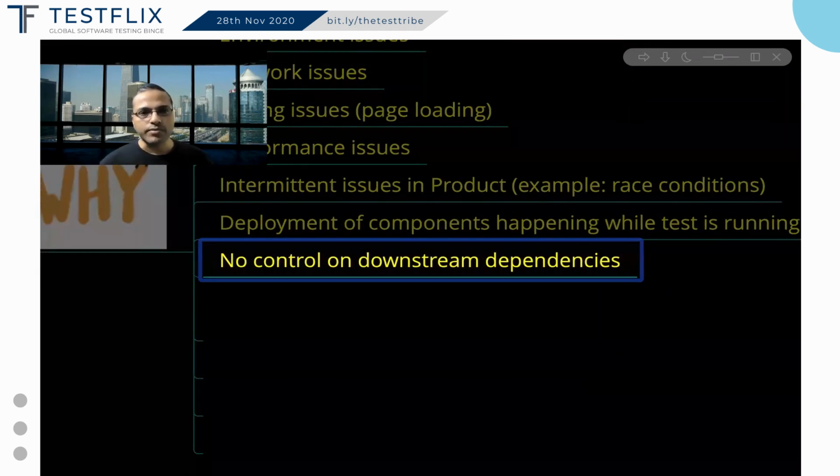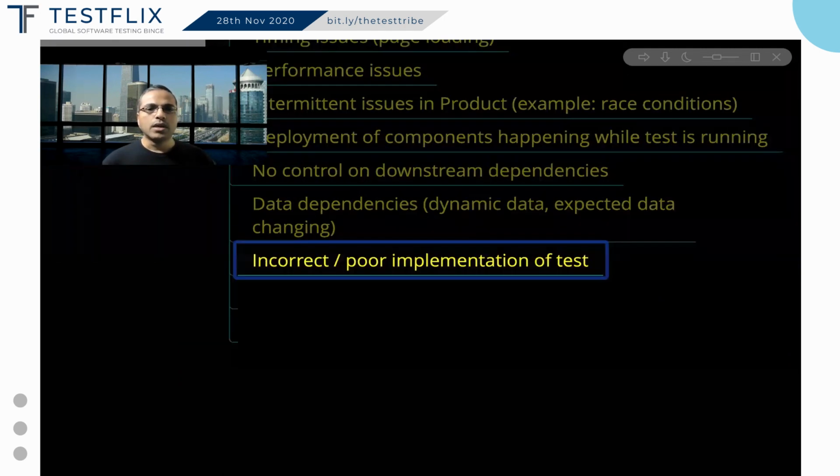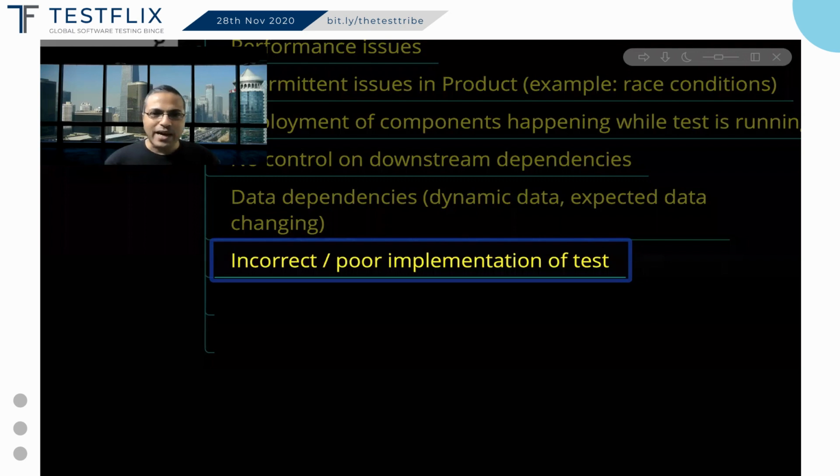There could be a lot of downstream dependencies that your tests have, which again you don't have control over. So your tests again will behave inconsistently in such situations. Data dependencies is also a very common aspect when underlying data changes or there's dynamic data, and that can create problems in your test executions. You cannot discount the fact that the test itself is poorly implemented. It's poor test design, poor test framework architecture, poor choice of tool sets for that matter, and that can result